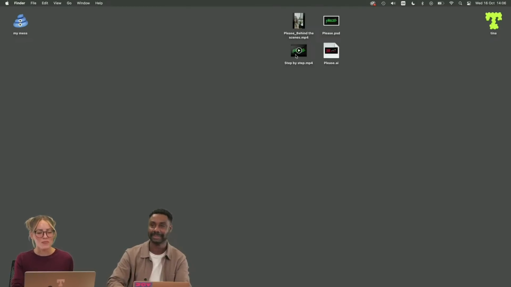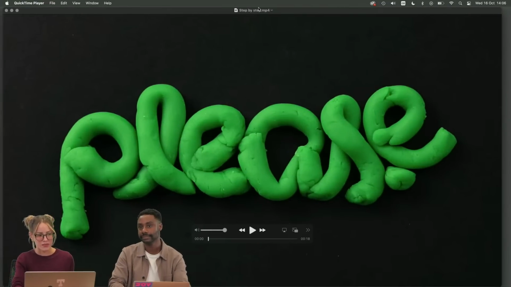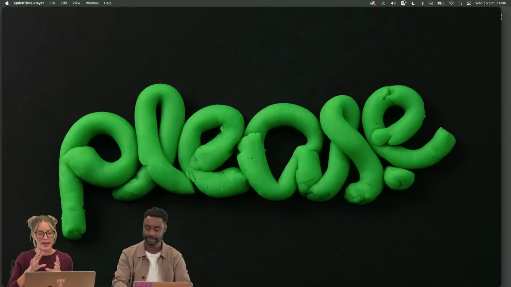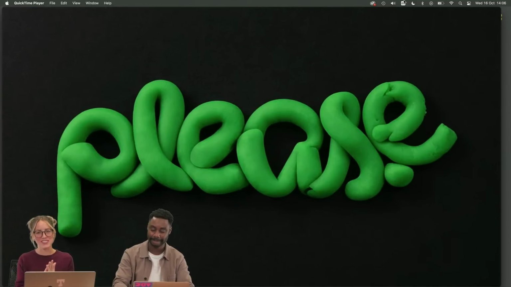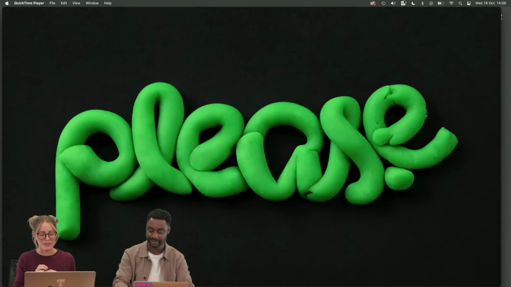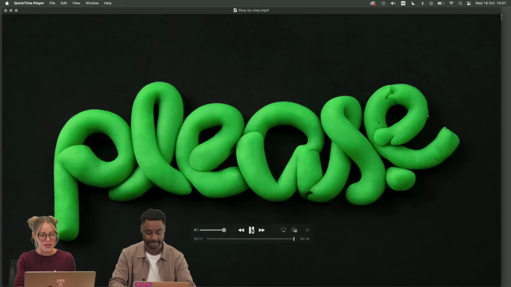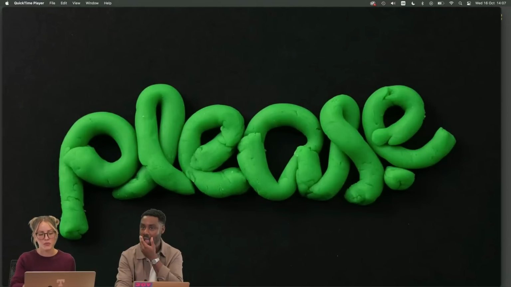Nice. And I'm gonna show you another little step-by-step video I put together to show you a bit of how I edit. I'm a bit of a perfectionist and I love details. I spend quite a lot of time fixing all the imperfections, and you can see here the example step by step. I kept a couple of steps of the process, and you can see how the type was pretty cracked in the beginning, and I was like, this is quite interesting, but for this project I don't really want it to be